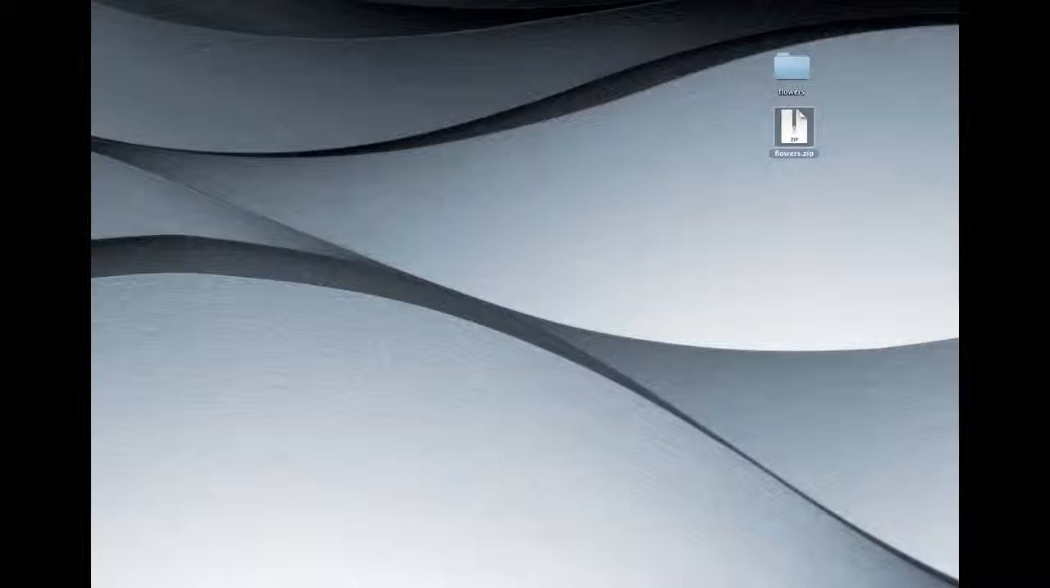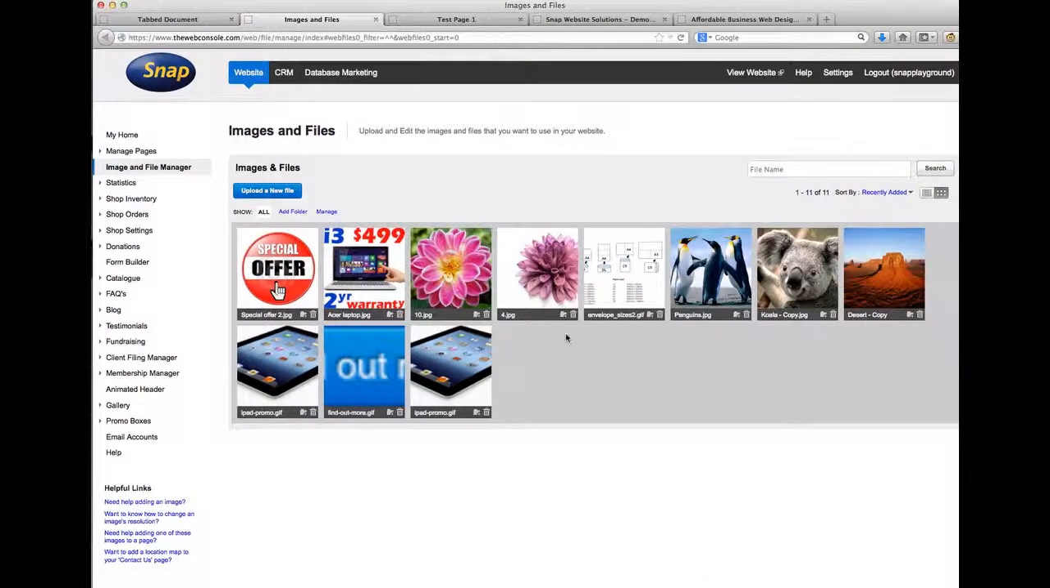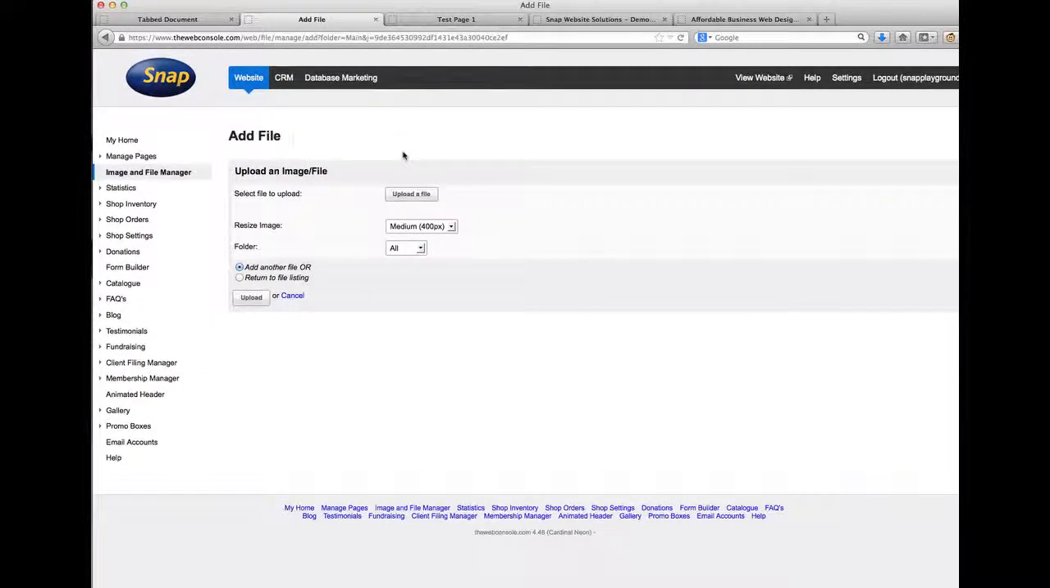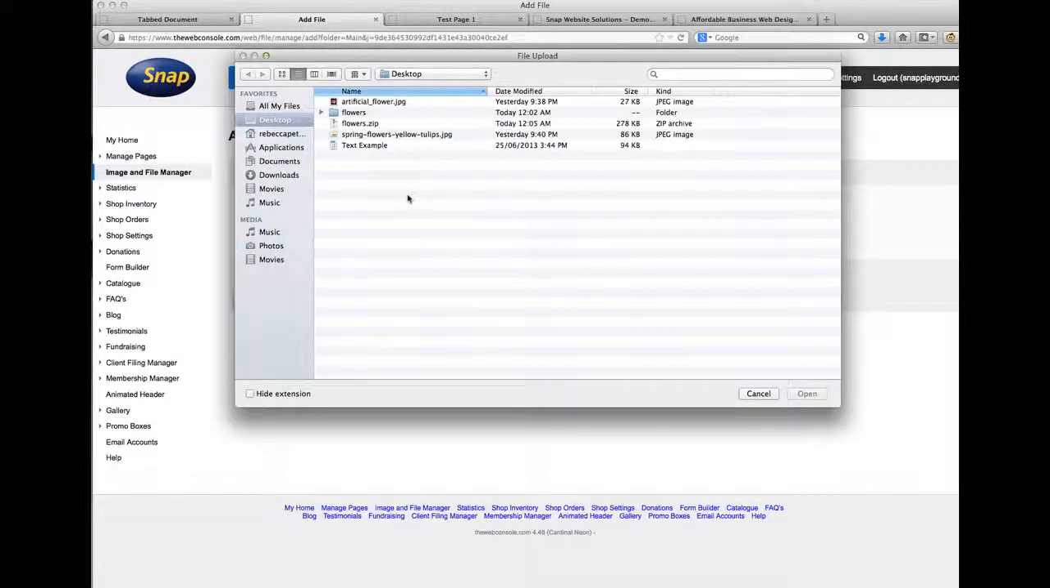So if we go back into our CMS view here, I'm going to click on this upload a new file. And so clicking on the upload file brings up a new screen here, so I can navigate to where this file is stored on my computer. So if I click on the upload a file button here, it's going to ask me to choose the file or zip folder that I want to upload. So I have already stored that zip folder on my desktop there, so I'm just going to select it,